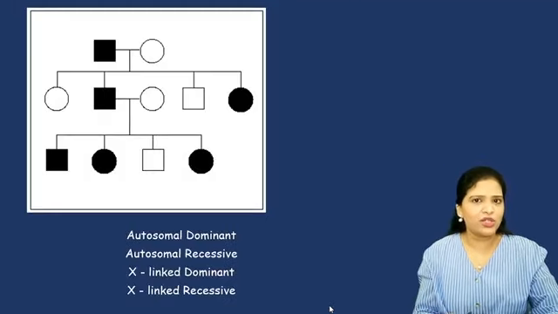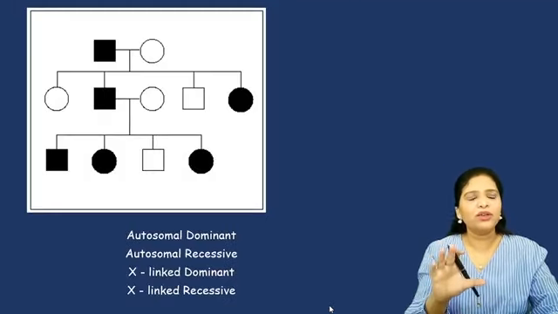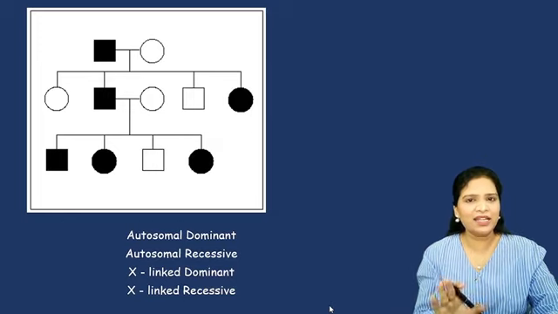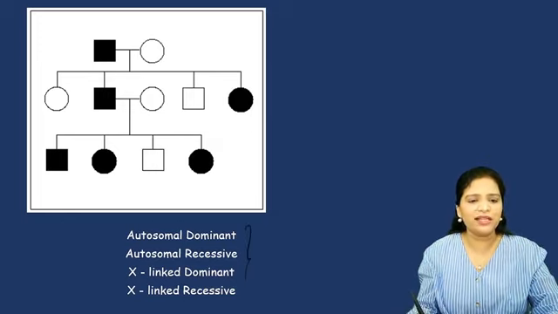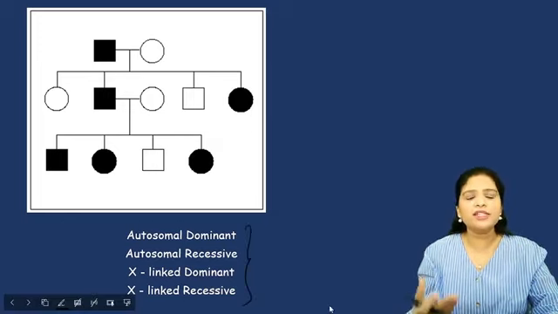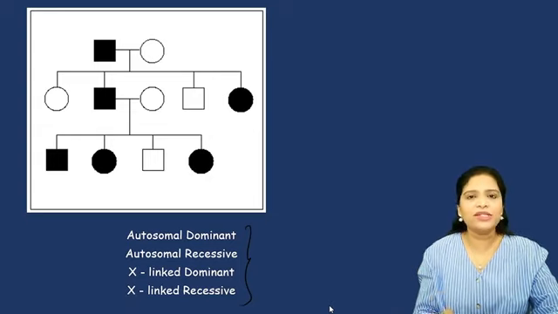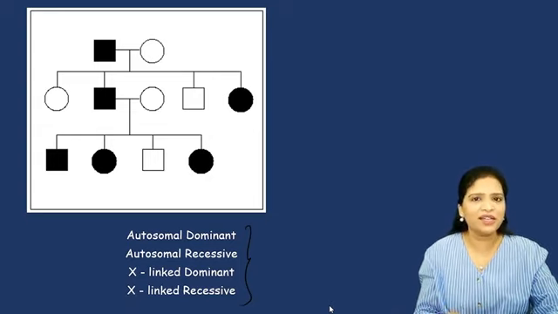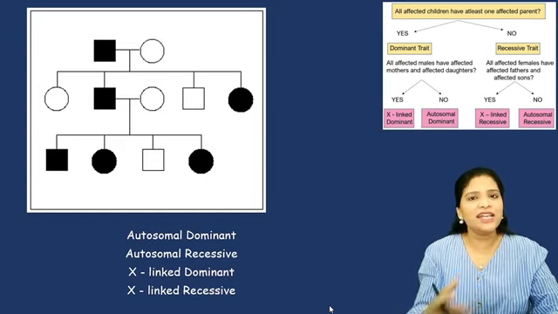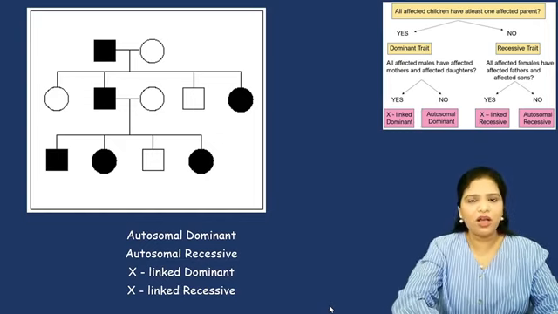So look at this picture. Your picture will be like this. It will be given in the examination and the options will be like this: autosomal dominant, autosomal recessive, X-linked dominant and X-linked recessive. These are the options. So how to identify this? Let us take the formula and apply it. First question: all the affected children